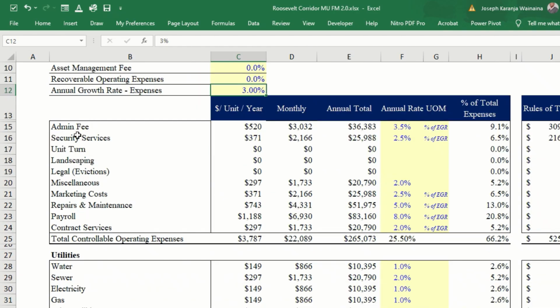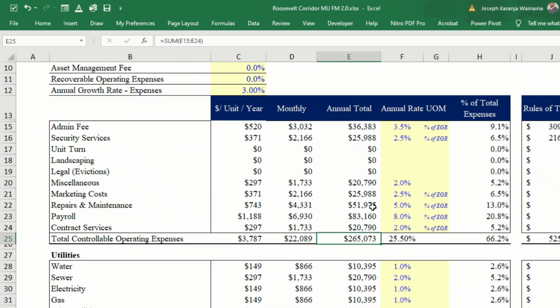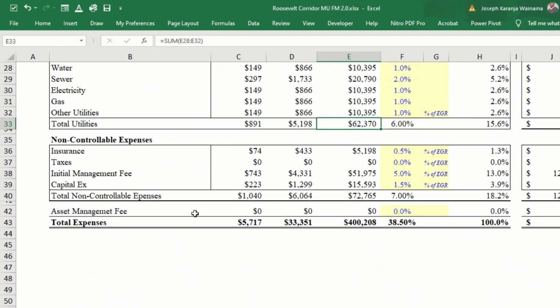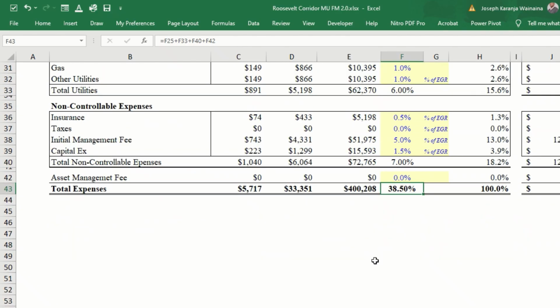Here we have the operating expenses, including the admin fee, all the way to the contract for services. These are the total expected rates. This input section lets you alter and determine the percentage of expenses. Here we have the total annual operating expense amount for the controllable operating expenses. We also have the utilities in this section, for the non-controllable operating expenses. The total expenses will be that much, and that will be the total percentage against the effective gross income for the